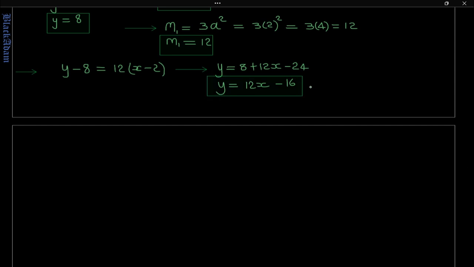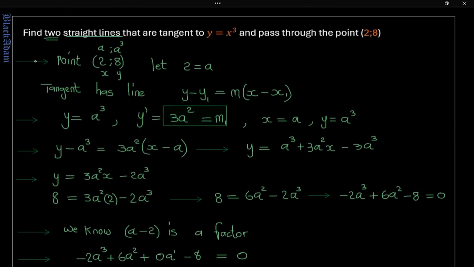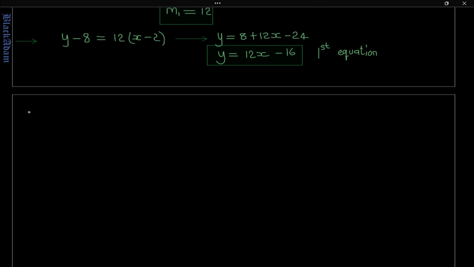So for the other equation, we're going to use a value where y is negative 1. So that's the first equation, we're done with that part of the problem. So we move on now to the 2 straight lines required. So we now go to the part where